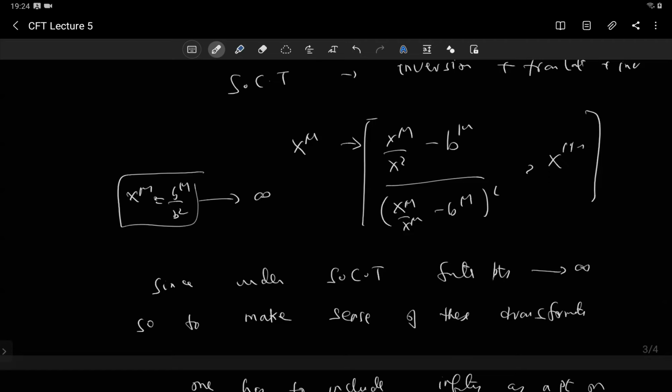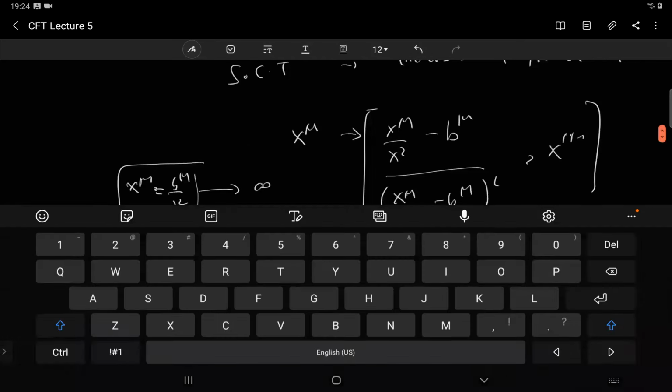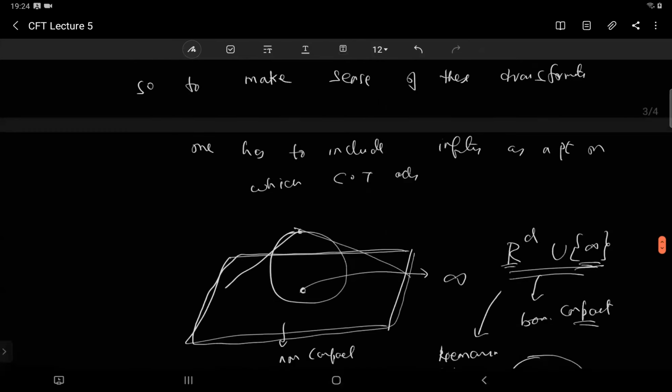Okay, but then that would mean that the special conformal transformation is not well defined, because it is taking a point to infinity, and infinity is not a point in your set, because infinity by definition is what you cannot arrive at, right? So the way we say it is that the conformal transformations are defined not on the plane, not on Rd, meaning the d-dimensional flat space. It is not defined on d-dimensional flat space, because a d-dimensional flat space by definition is a set of points which does not include infinity, but rather it is defined on Rd union with infinity.